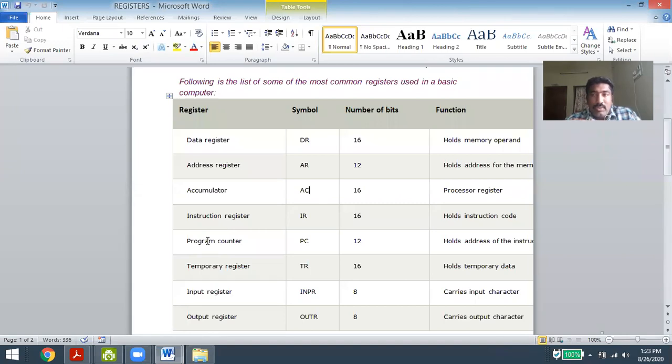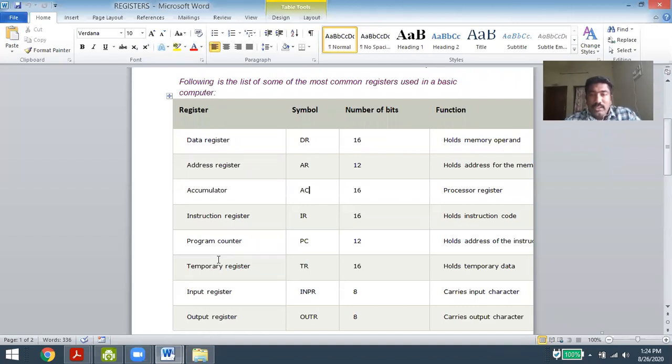Okay. Now coming to the temporary register. What is a temporary register? Before executing any instruction, I want to store the previous values. For example, let us take our calculator. We will use some previous values for the next instructions to operate. That previous value or result, we want to use for future calculations. For that purpose, we will use the temporary register. TR stands for temporary register. Similarly, IR, and that is INPR and OUTR.